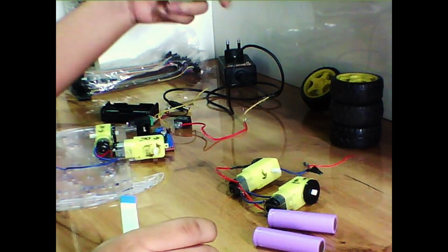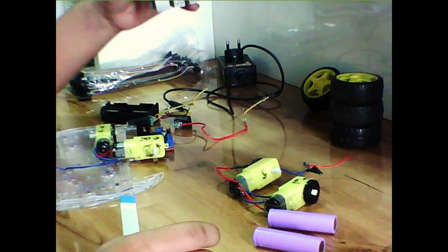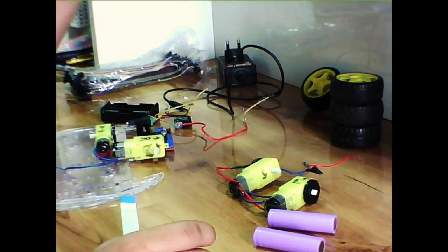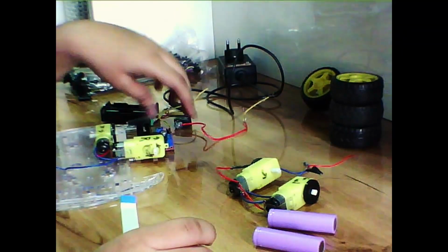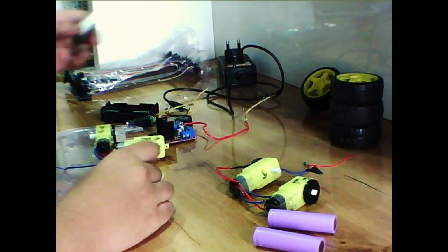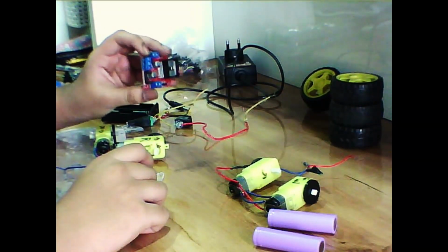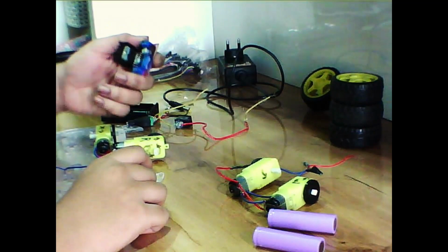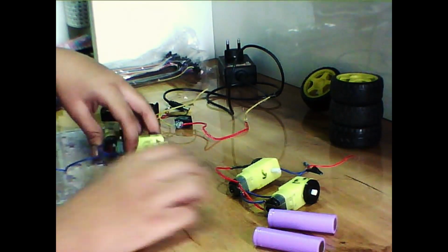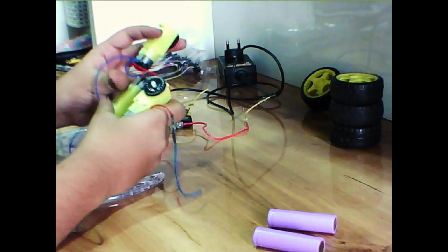The Raspberry Pi 3B or 3B plus or 4, whatever is available. The next thing we are going to need is the PiCamera, because we are going to live stream so that we can control the robot. Next thing we are going to need is the L298N motor controller, 4 motors,